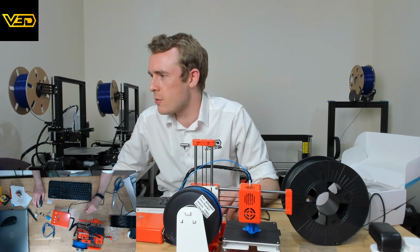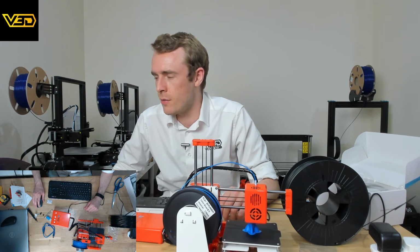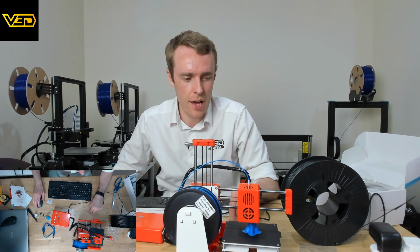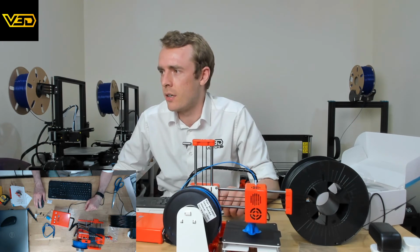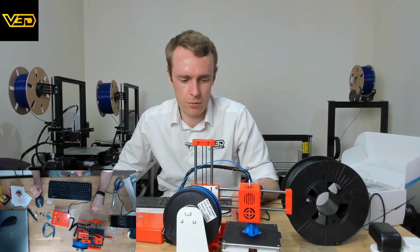Would you have to spend 120 on this, 150 on an Ender 3? Well, I don't think you can get an Ender 3 for 150 at the moment. These you can get for 120 now. Ender 3s seem to be price hiked because of everyone buying them to print PPE. So if I wanted one right now,